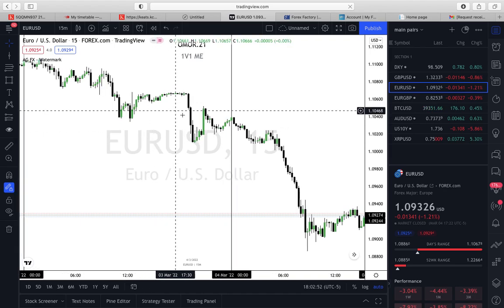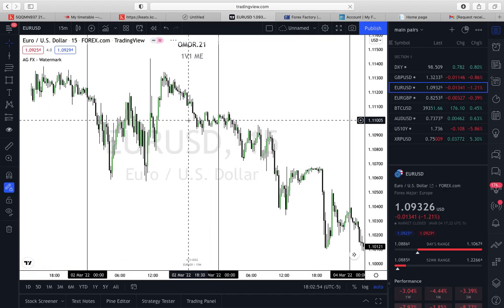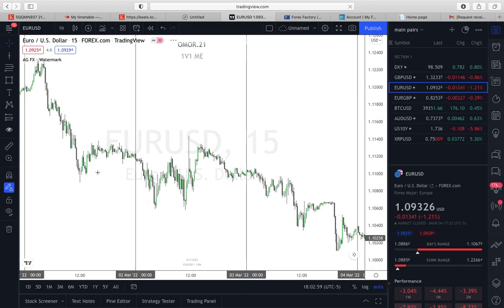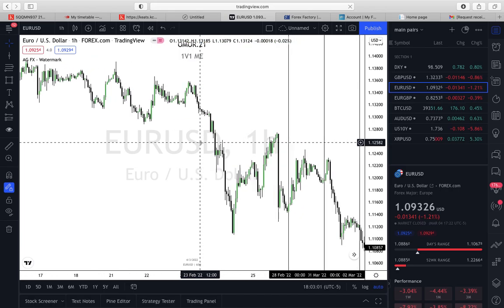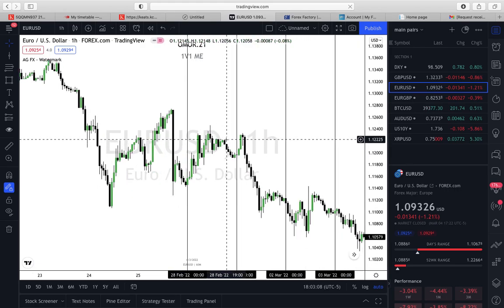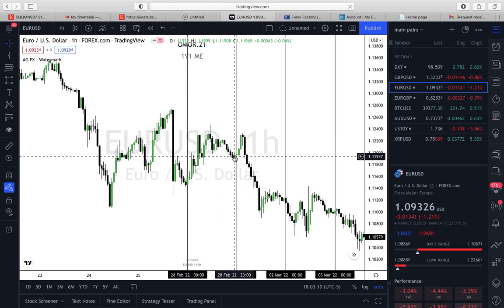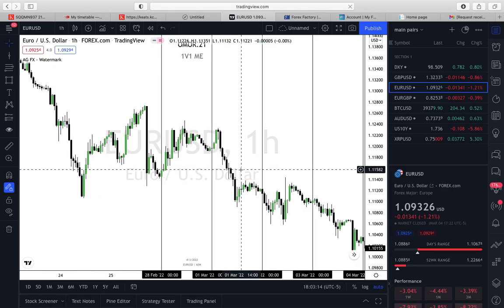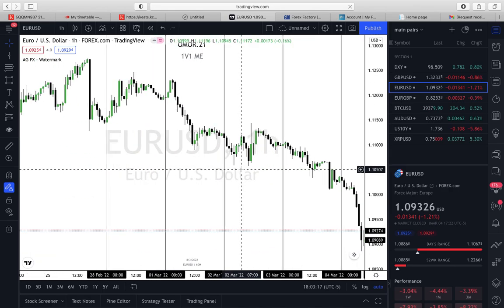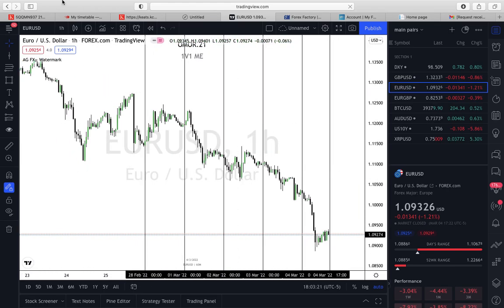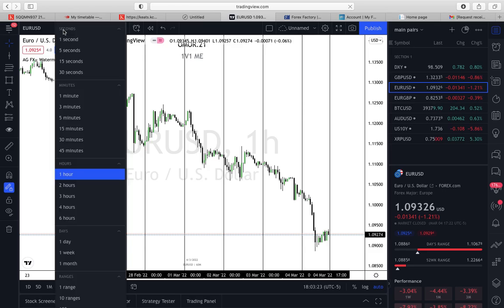You can see on the 15 minute, the 15 minute and the hour is not too different. So if you go on the 1 hour again, this whole down section here is a breaker collectively. We'll get into that as well. But that's how the euro was trading. If you want to go on the 5 minutes,